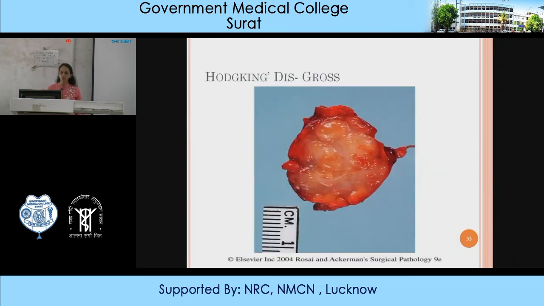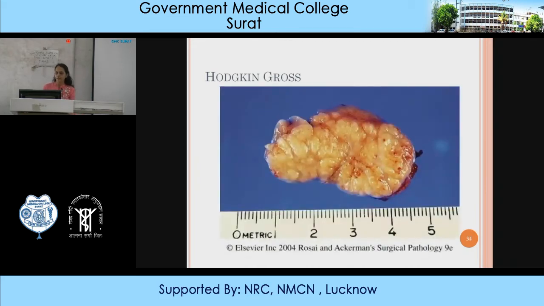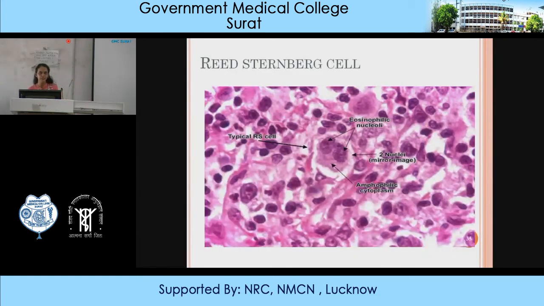Again, it's a picture of lymphadenopathy. It's a gross of lymphadenopathy where you can see various sized lymph nodes which are merged or just adjacent to each other. Now, a very good, self-explanatory picture of an RS cell. I don't have a pointer or arrow, but you can make out by yourself that the central cell has two nuclei and two eosinophilic nucleoli, which is a typical RS cell, and the background cells are B cells.